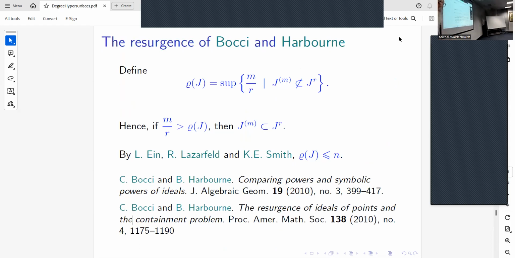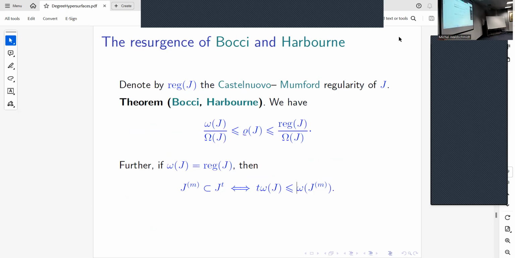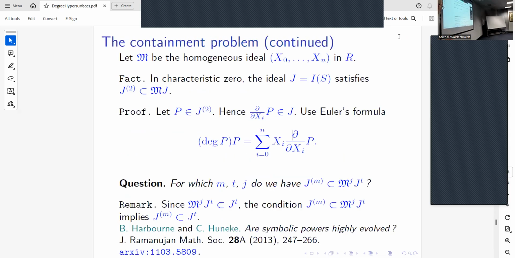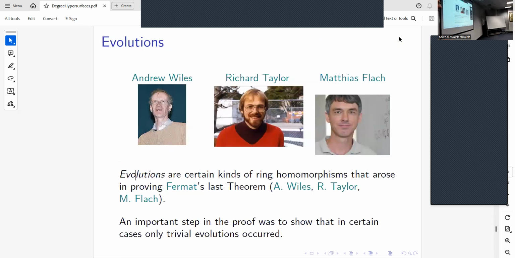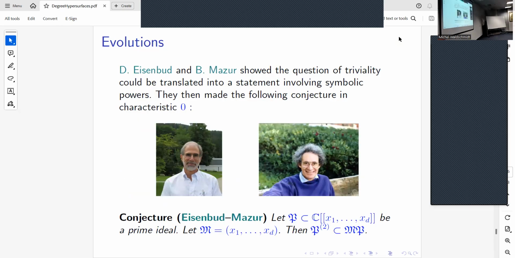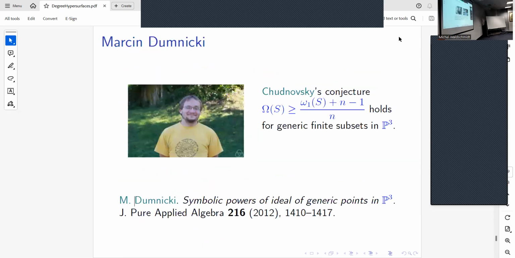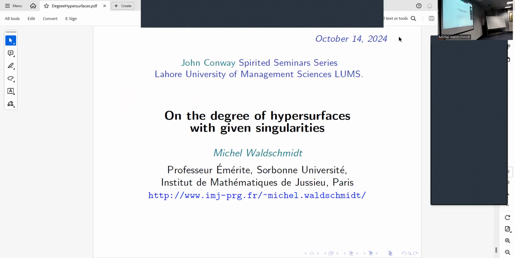And Bocci and Harbourne have produced something which is called the resurgence, and it is related with the Castelnuovo-Mumford regularity. And I would just say that this resurgence has some connection with the Fermat theorem. So we end with something which involves number theory. Number theory comes back with the Fermat theorem, where there is something which is called evolution, which is related with the order. So many other people contribute to that. I think it's time. You have all these references on the